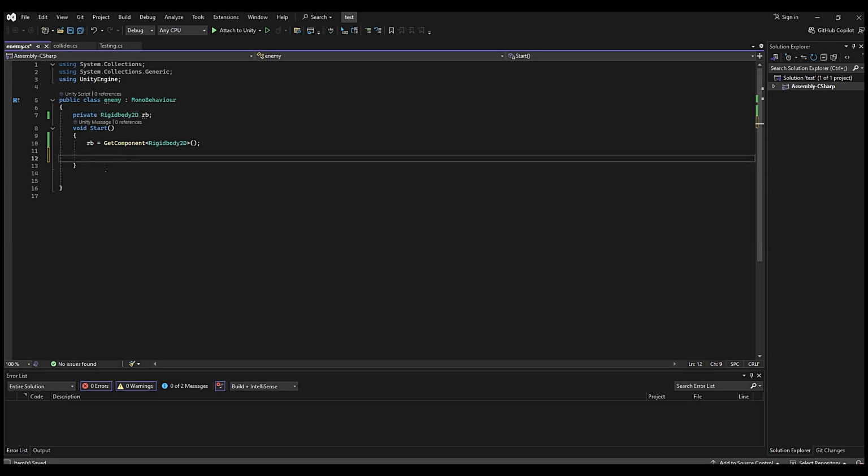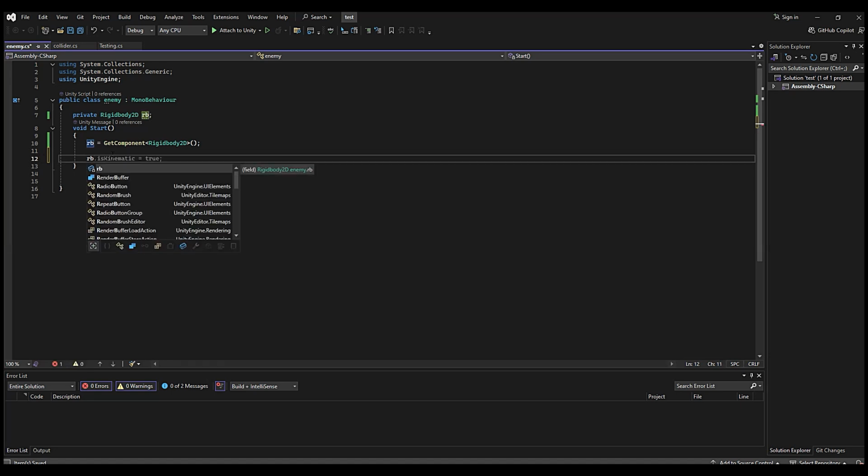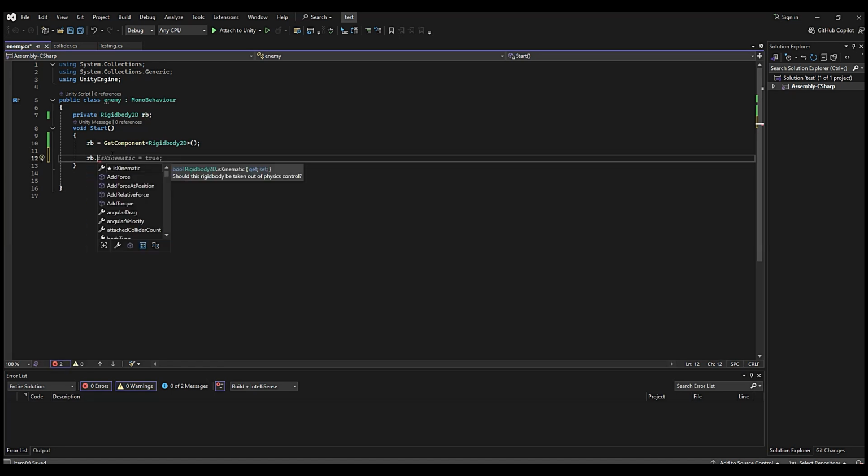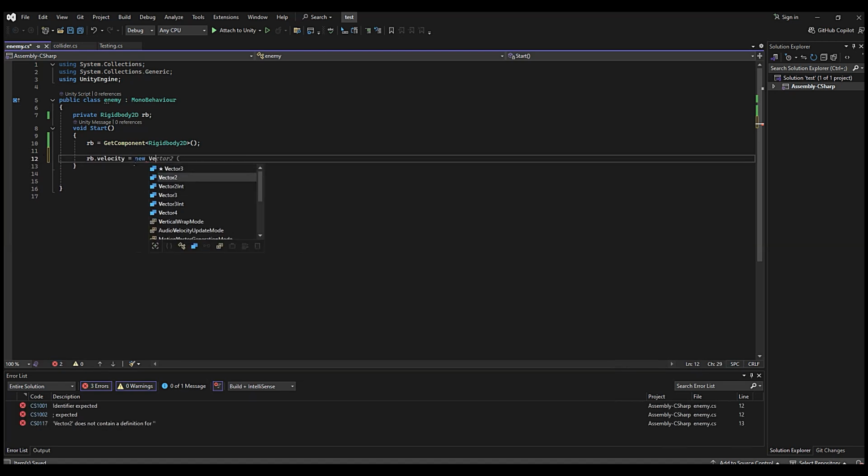You might say, okay, why not in Update? Because we don't want to control it. We don't want, for example, to use input so that the player could control that. We just give it a speed at first, and then it goes. We don't change the direction. We don't change the behavior. So when it moves, RB dot velocity equals new Vector2